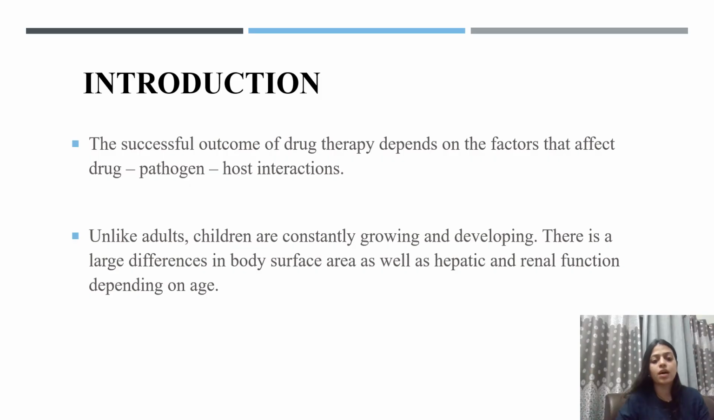So the successful outcome of any drug therapy depends on how the drug, the pathogen and the host interact. Unlike in adults, children are constantly growing and developing. So quite a number of differences exist, be it body surface area, or vital organs like hepatic and renal function, depending on the age. It is because of that we need to study appropriate dosage for children, how to calculate it, for